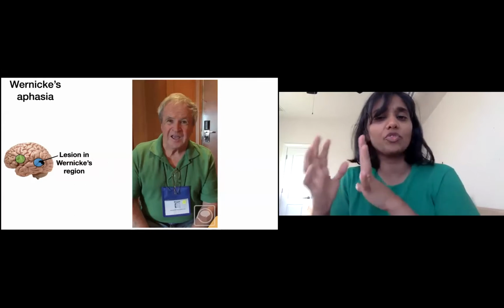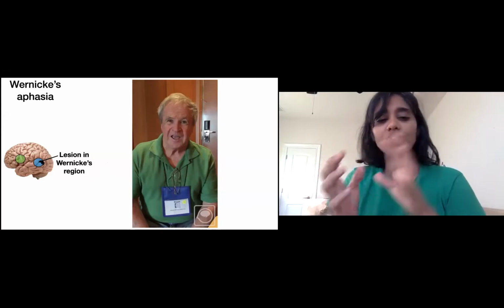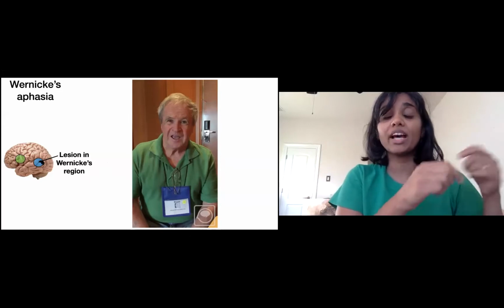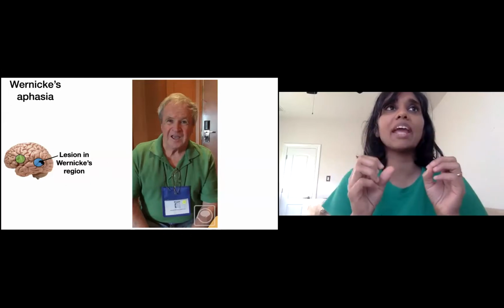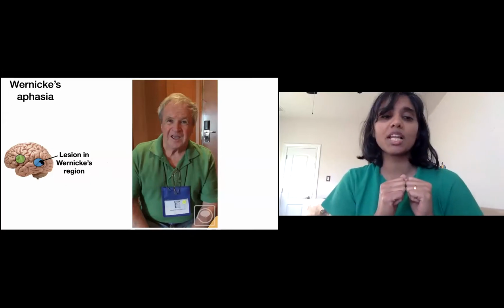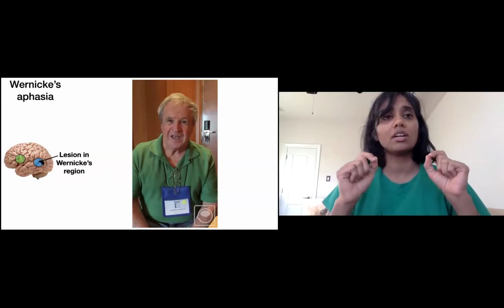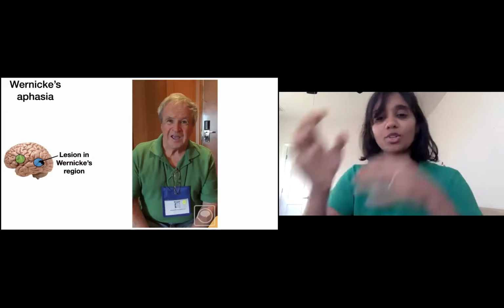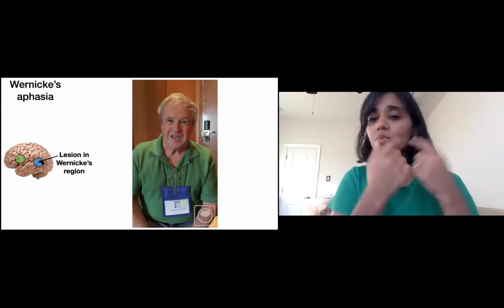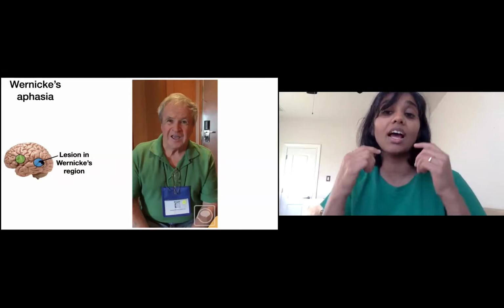And then information goes from the comprehension region to this Broca's region, and that's where whatever you want to say is made into articulatory sounds. So if you have to say the word apple, you say apple, and then that information is sent